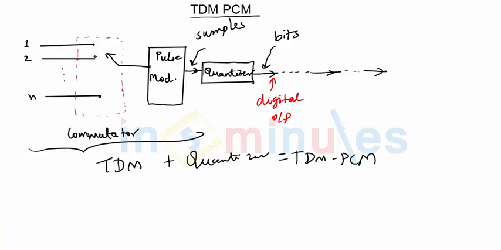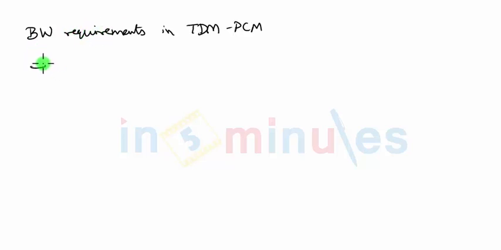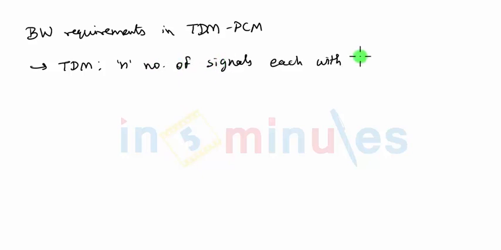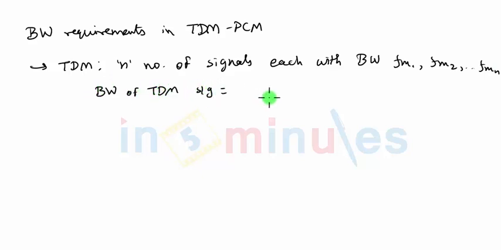Now let us try to understand what are the bandwidth requirements for TDM PCM system. So, bandwidth requirements in TDM PCM system. If I consider only the TDM system, let's take n number of signals to be transmitted, each with bandwidth of, let's say, fm1, fm2 up to fmn. In that case, the total bandwidth of TDM signal, this we have already defined before,